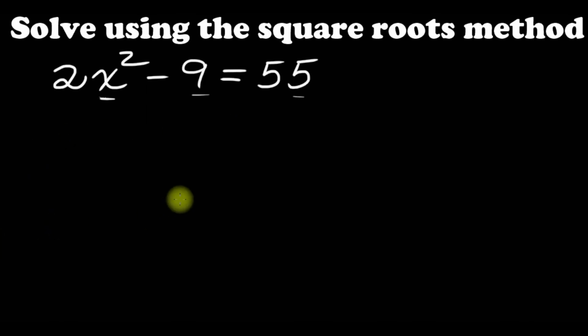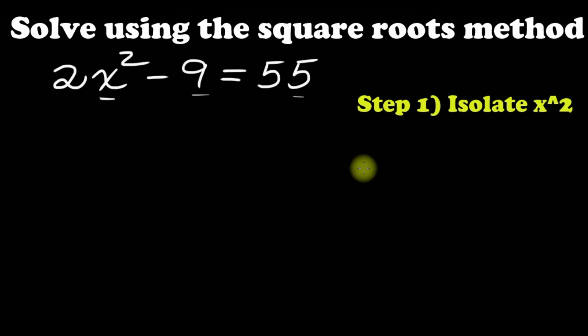Okay, so let's take a look at step 1. Step 1 is to isolate x squared. So here's your x squared, and we need to isolate it, meaning we have to get this x squared all by itself on one side of the equal sign. So how do we do that? Well, the first thing we need to do is get rid of the minus 9 and then get rid of the